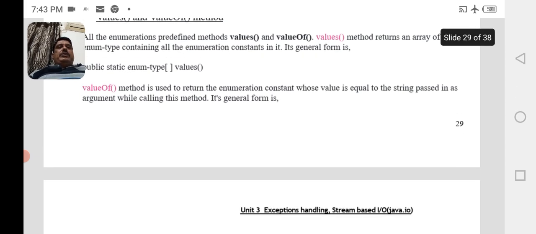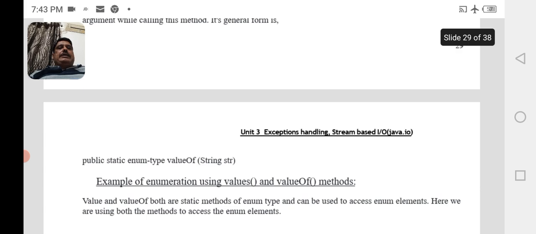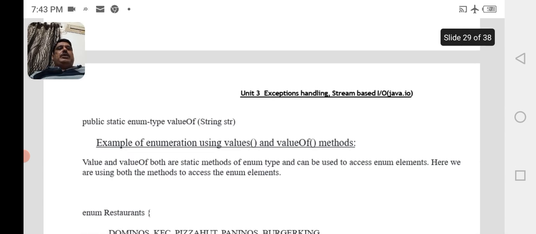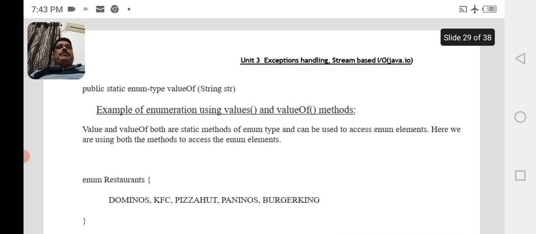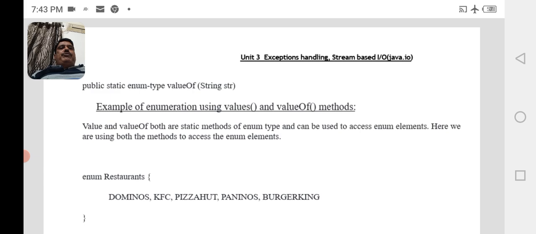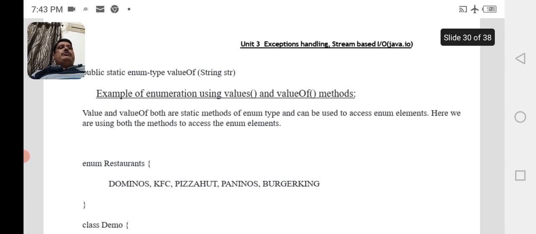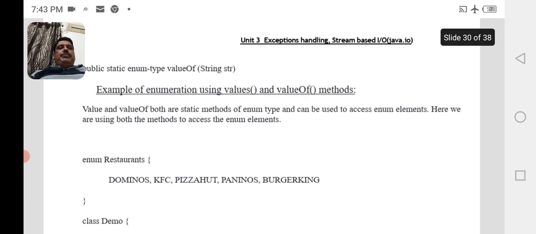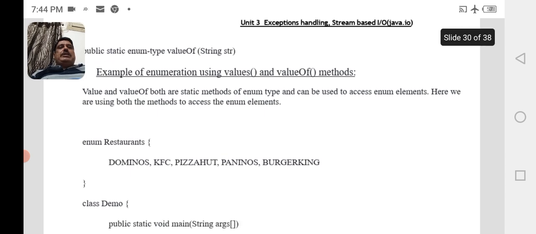Its general form is public static enum type valueOf(String str). Example of enumeration using values and valueOf methods. Values and valueOf are static methods of enum type and can be used to access enum elements. Here we are using both the methods to access the enum elements.